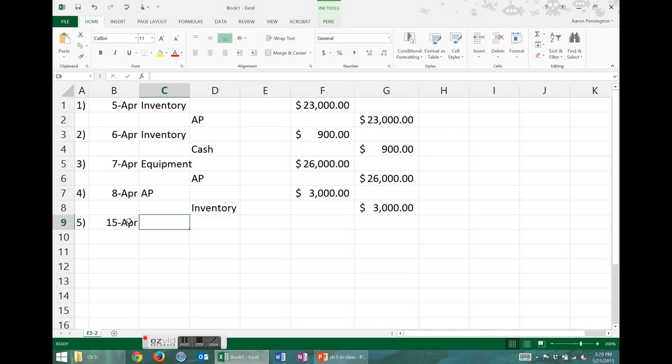Alright. The other thing to be aware of is we also returned inventory. Right? So here, 23,000 was owed, but 3,000 of that was reduced when some inventory was returned. All right. So the first step in paying off the payable in full is that the full amount, in this case, the initial 23,000,